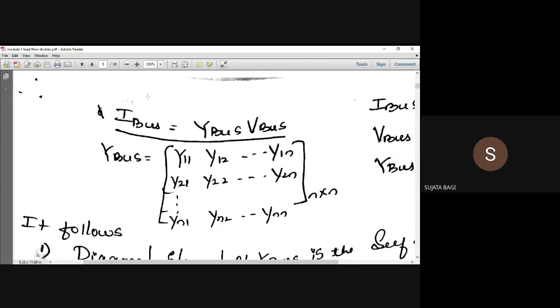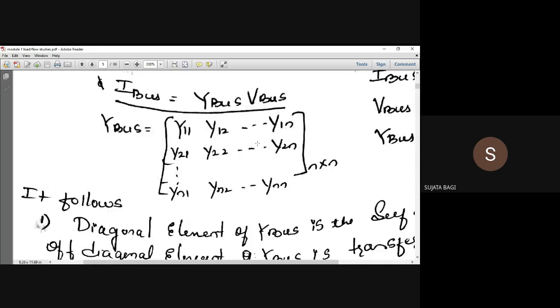And the same thing, if you write in terms of voltage, V is equal to Z into I. So how to write current and voltage in terms of admittance and impedance? This is nothing but a matrix, the Y bus matrix, the bus admittance matrix. This plain Y is just the primitive admittance matrix, and this is Y bus. Understand the concept? The primitive matrix consists of independent elements which are not connected to any other elements. That is nothing but the primitive element, which I'll discuss next.